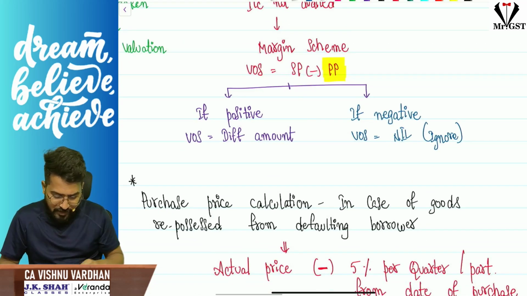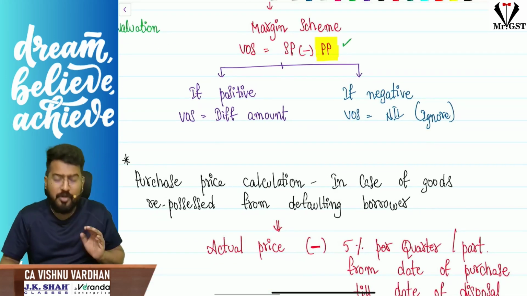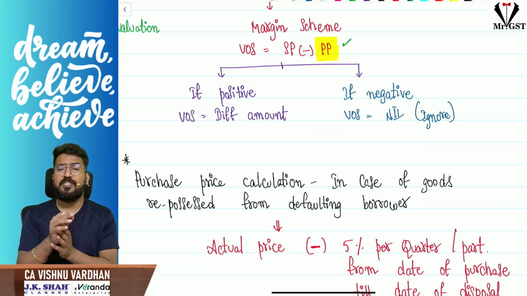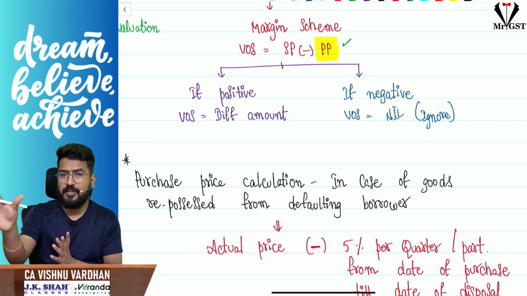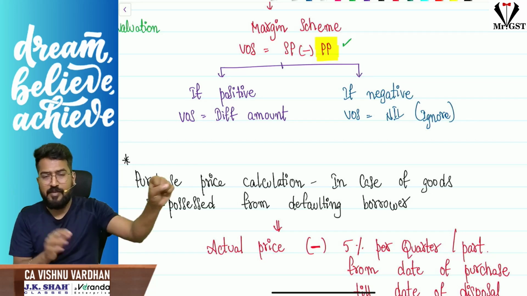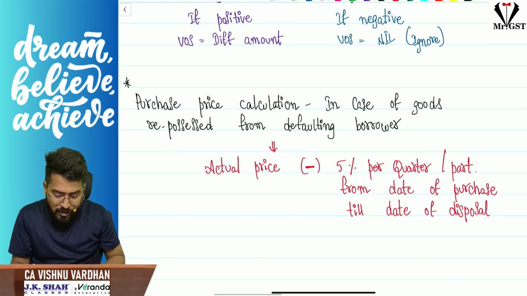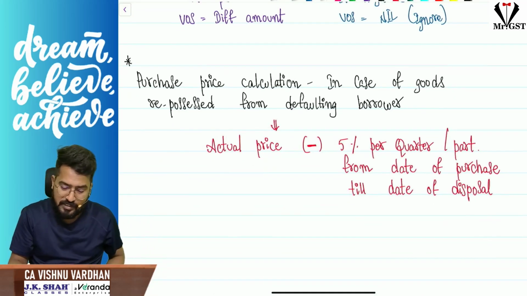So that is one. And next, one interesting thing is, when you are calculating the purchase price, what if I have recovered the goods from a person who is defaulting on my loan? I have given a loan and that fellow has defaulted. So from the defaulting borrower, I have recovered some goods and now I am selling that. In that case, it is sale price minus purchase price. When you are calculating the purchase price, you should see whatever is the actual price for which he purchased on the date of purchase,